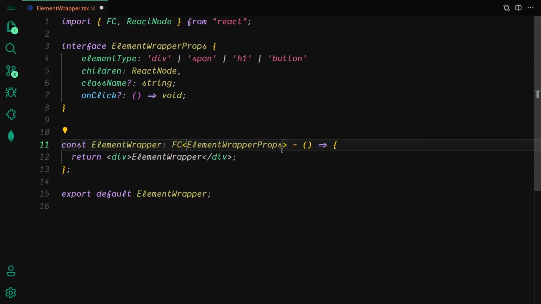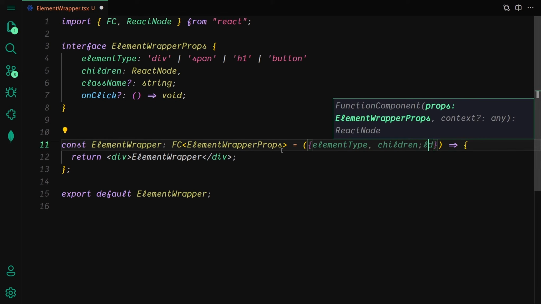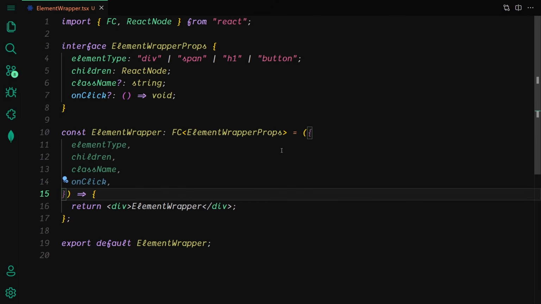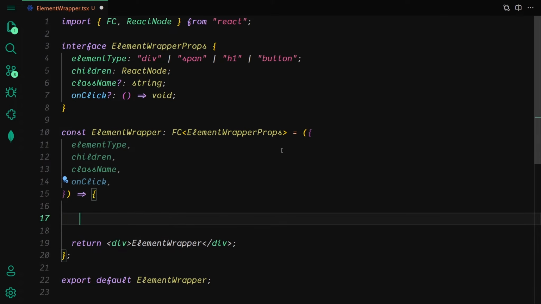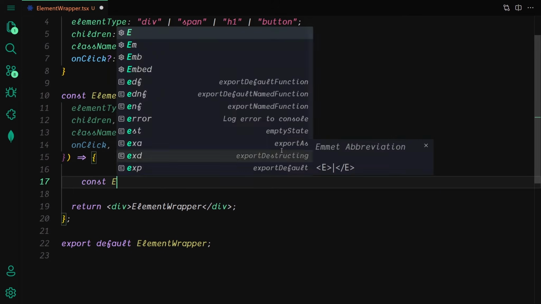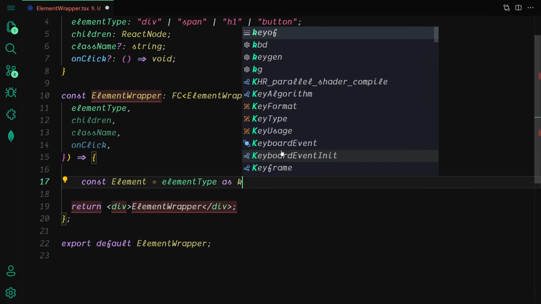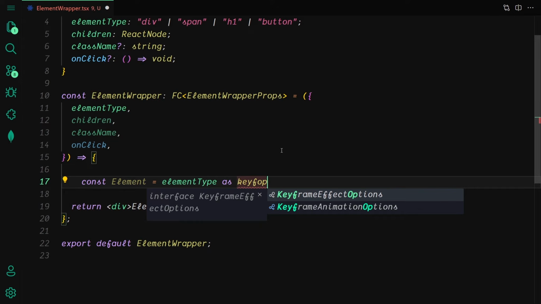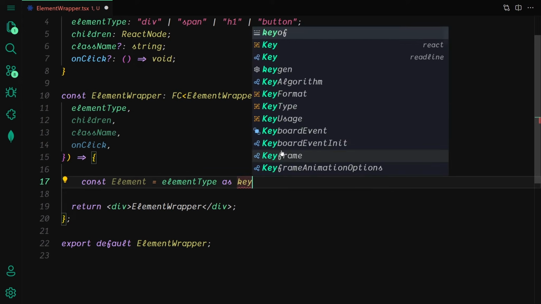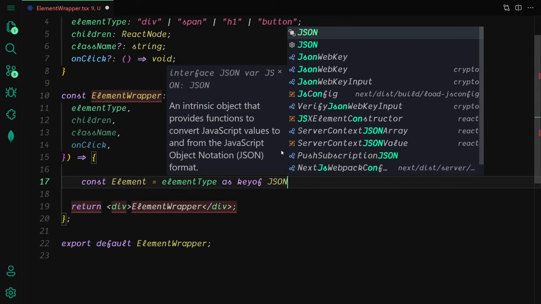Now the next thing which I want to do is destructure all of the values which we are going to be specifying. So now let me provide the elementType, and also the children. It's going to take children, and also the className as well. If you want to use that, we totally can. So now let me just save that. And here what I want to do is create an element, and it's going to be equal to the elementType as the keyof, if I can get the keyof, there we go, the keyof JSX